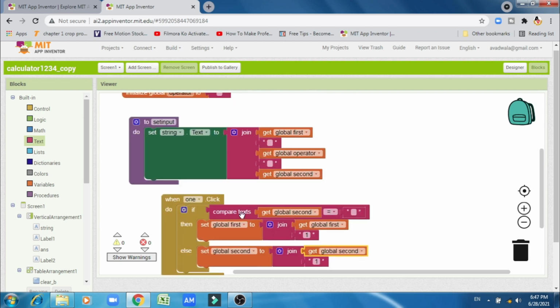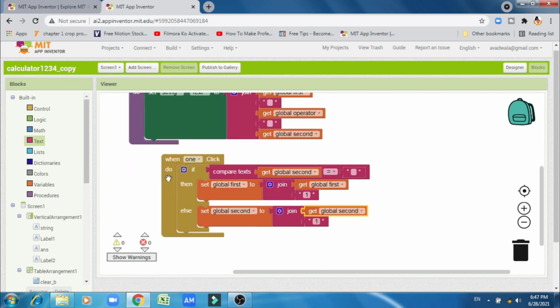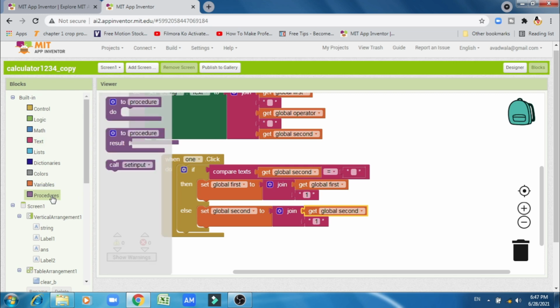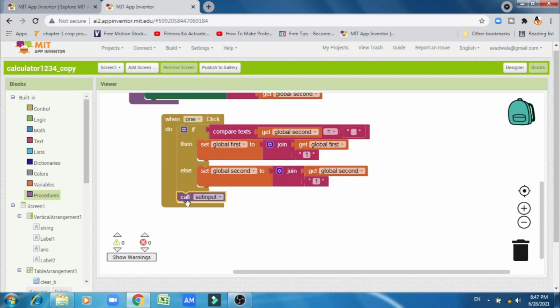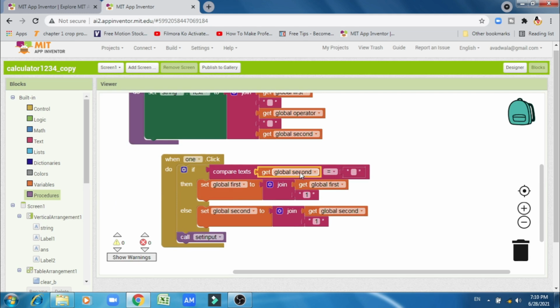Now for these actions we have to call set input, so we can call that set input lastly. So it will happen in this user's input procedure. Here it is global operator, compare text with global operator.